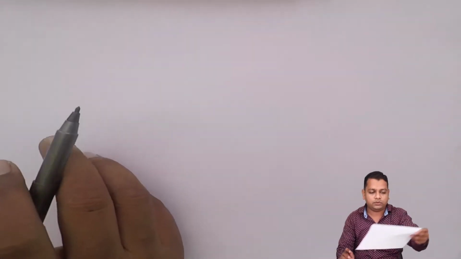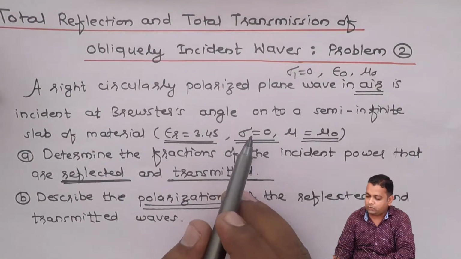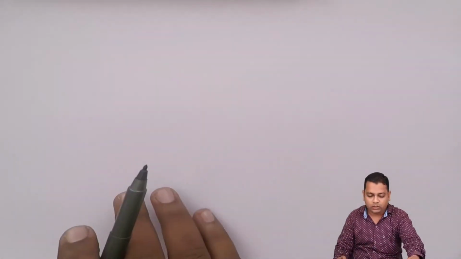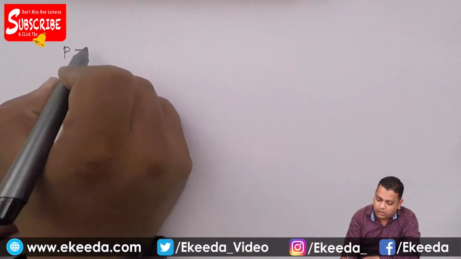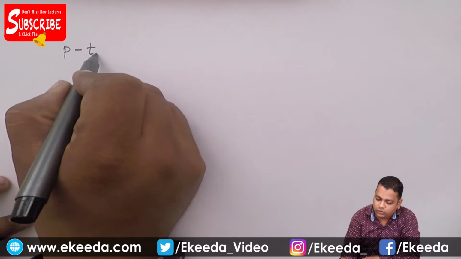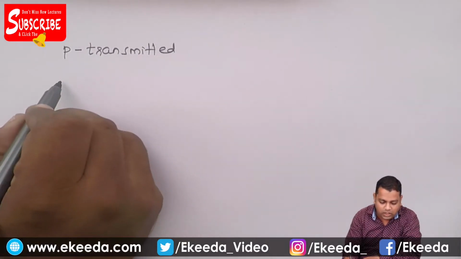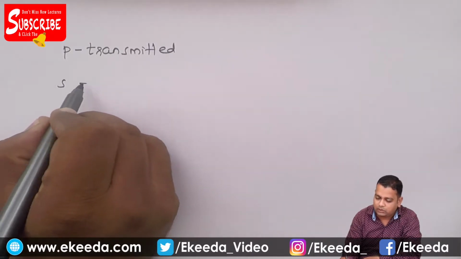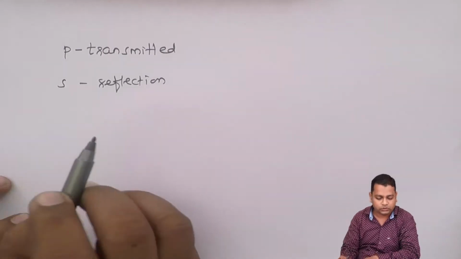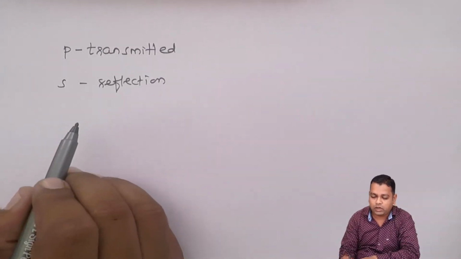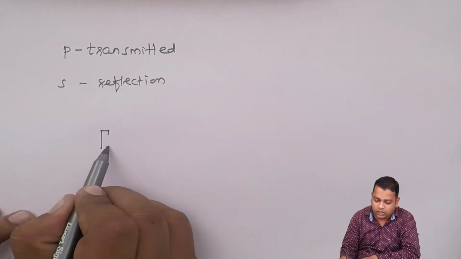Now, we are told that the incidence is at the Brewster's angle, and at this particular Brewster's angle, if we have a right circularly polarized plane wave incident, then the p polarized wave will be completely transmitted, whereas the S polarized wave will have complete reflection at Brewster's angle. So for the S polarized wave, by using the reflection coefficient,